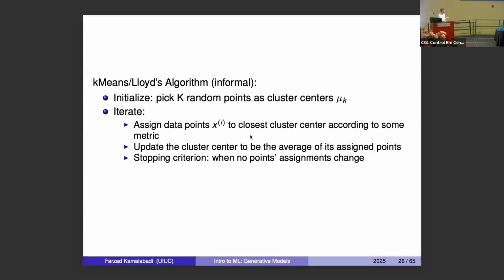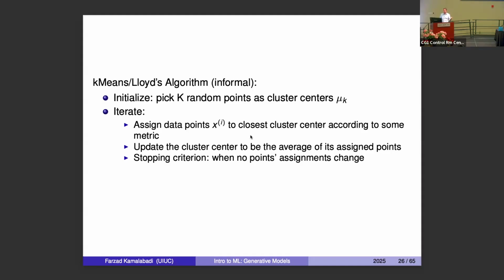So what's the idea? The idea in words is that we have to initialize, and this is related to Marco's earlier question. In fact, you did ask me the same question last week in a different context. That has to do with the number k. Pick k random points as cluster centers, call them mu sub k. And the question is, how do we pick k? Set that aside for a minute, okay? Assume that we pick the appropriate k. For example, if in that previous example we have 3 clusters, start with k equal to 3. Of course, we don't know that ahead of time when we are given some data. But for now, assume that we do.